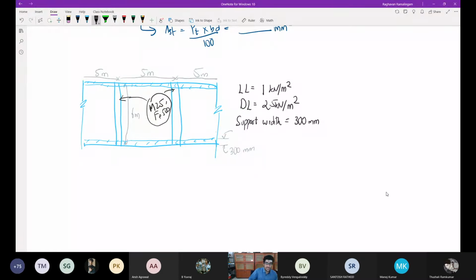Okay, fine. So again, we'll just do one more problem on single reinforced beam itself. I thought I'll do 2 problems today, but it seems big. Unfortunately, I won't be able to do 2 problems.